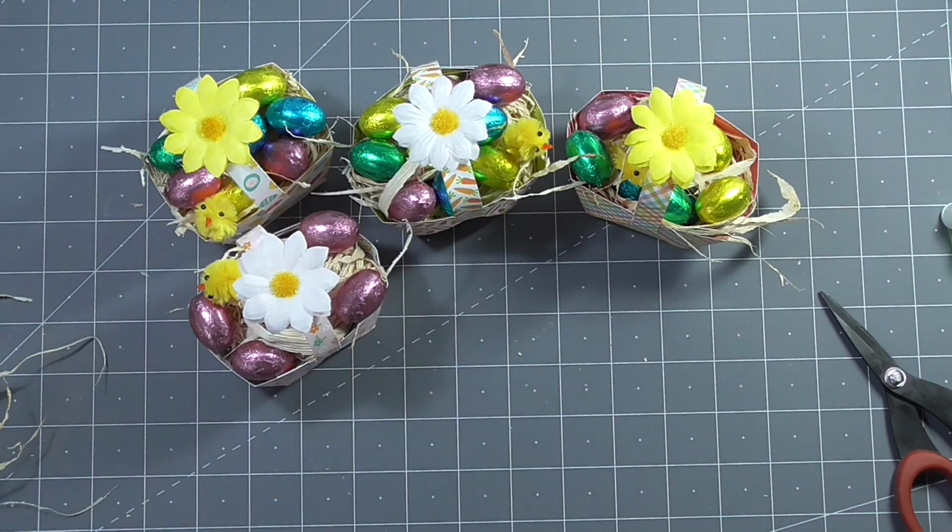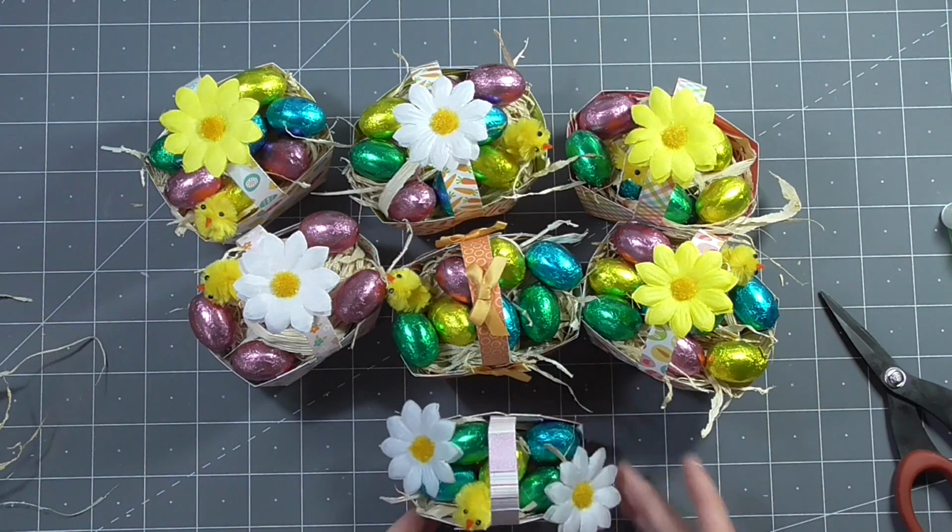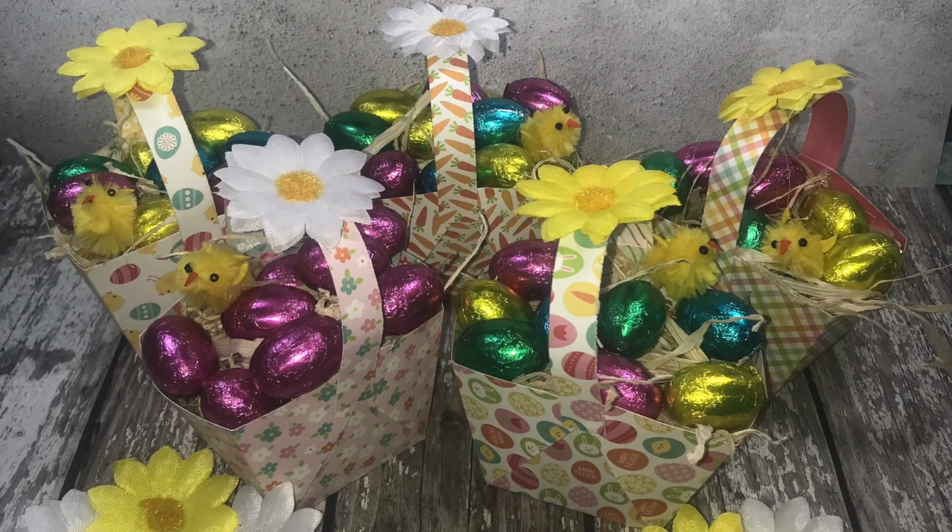So that is it. It's super quick and easy. I'm a little bit addicted to making these. I've decorated them in a few different ways using bows and ribbons and flowers, and I hope you're feeling inspired